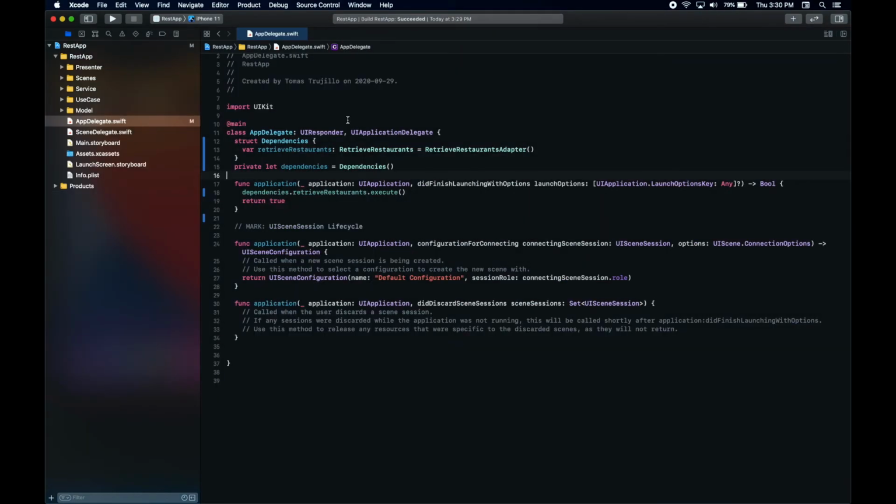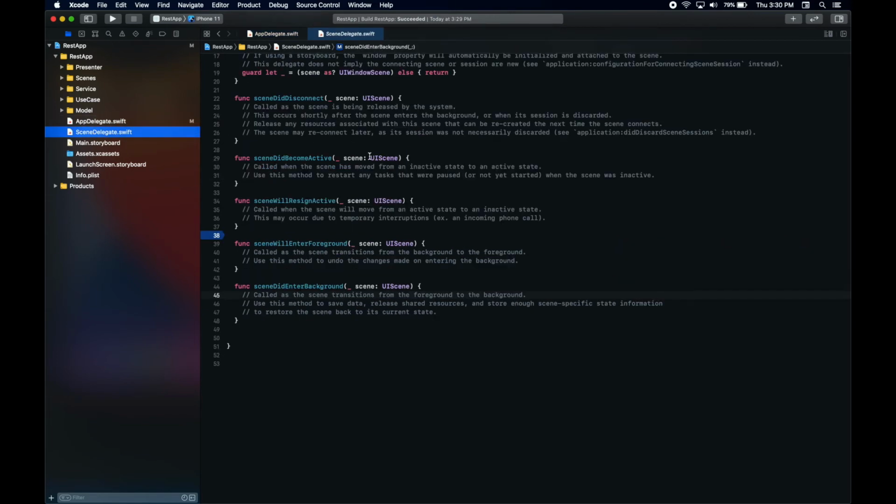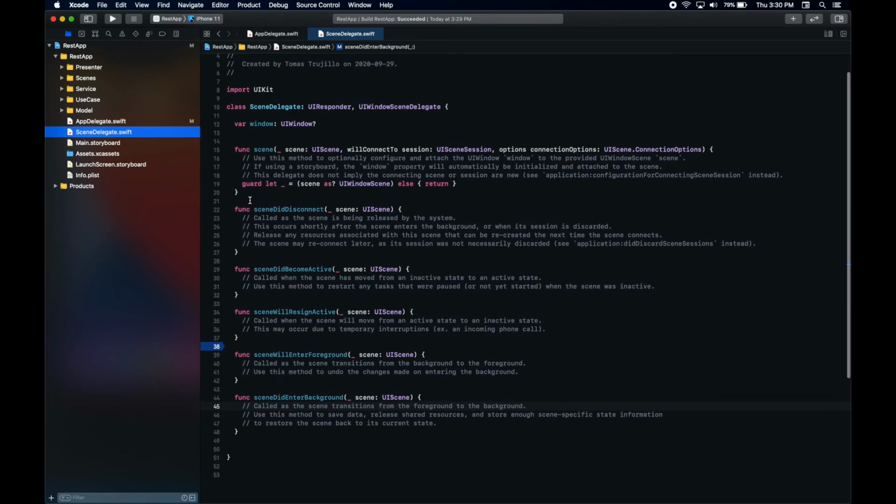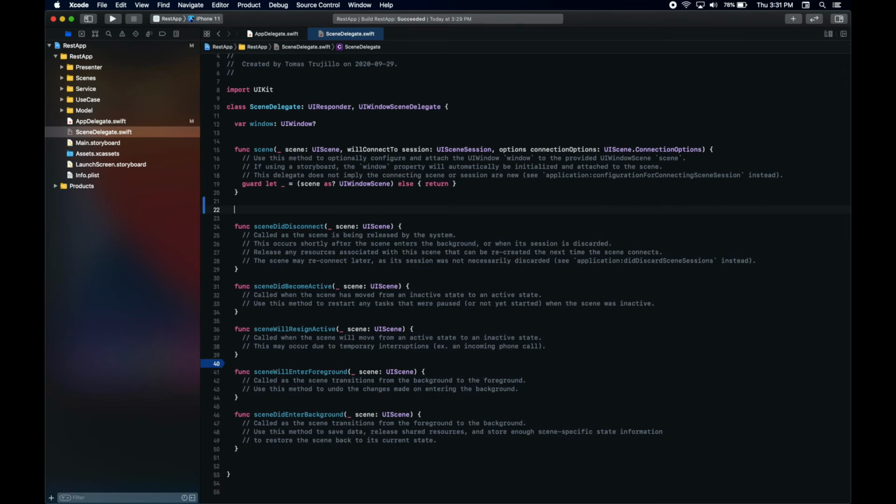Okay, now that we have everything set in our app delegate, we will handle the deep link in the scene delegate. This stands for applications from iOS 13 and on. If the app has opted for scenes for the scene delegate, then everything will be added here. Opening the deep link will change regarding what method is being called. So this one will be called if the application is not open,